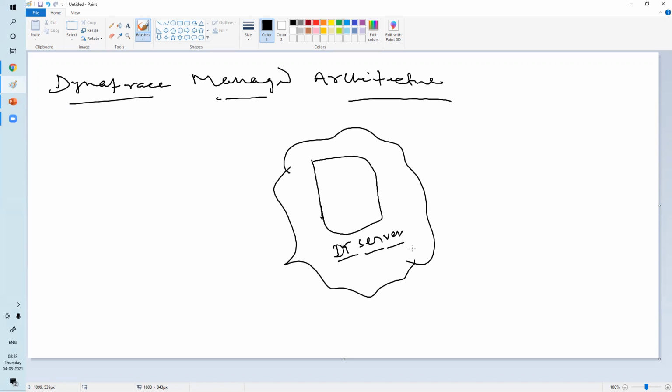Now this link will be given by the Dynatrace sales team. They'll contact the technical team, there is some process, right? They'll give you that link and you can install it. So the DT server installation you'll get through Dynatrace. Now the OneAgent again will be installed on your target machine.